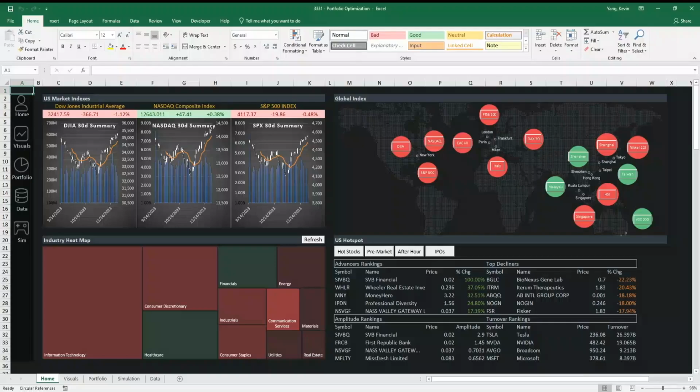For our project, we have developed a portfolio management and optimization tool designed to provide insightful analysis of the stock market. Our homepage provides an overview of the broad market. First, we have real-time charts for three major market indexes, the Dow Jones, Nasdaq, and S&P 500. These charts are dynamically updated with data pulled from Yahoo Finance, providing a quick look at market trends over the